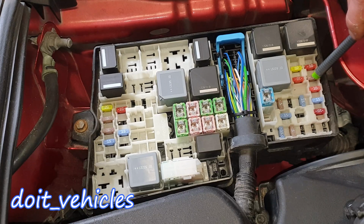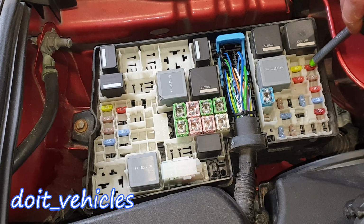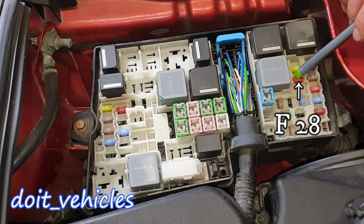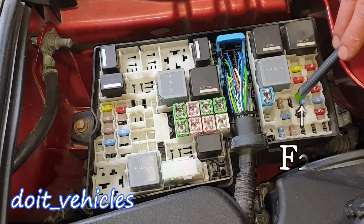If your car doesn't start, you gotta check the ignition coils fuse, or if your car doesn't read how much is the fuel pressure, again, you gotta check one of these fuses. F38 is for the transmission control module, F28 headlamp washer, F29 headlights washers, F27 is for the air condition clutch,